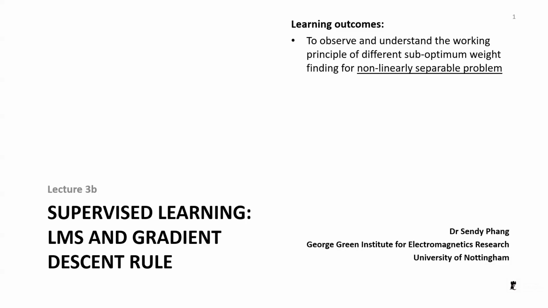For a linear problem, a perceptron should be able to solve the problem. If the problem is linear, a single perceptron should be able to solve it. If the problem is nonlinear, there are two ways we can solve it: by increasing the number of layers or increasing the dimension and still using a single neuron.